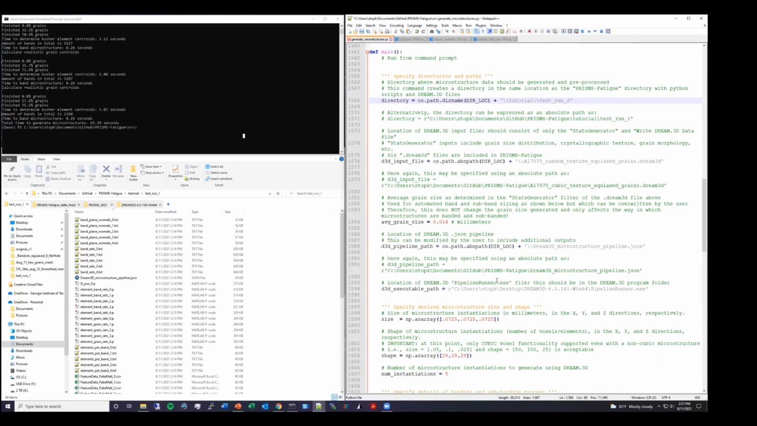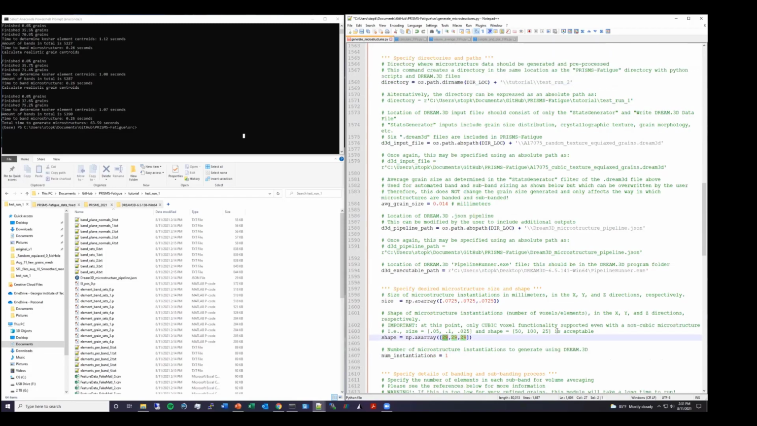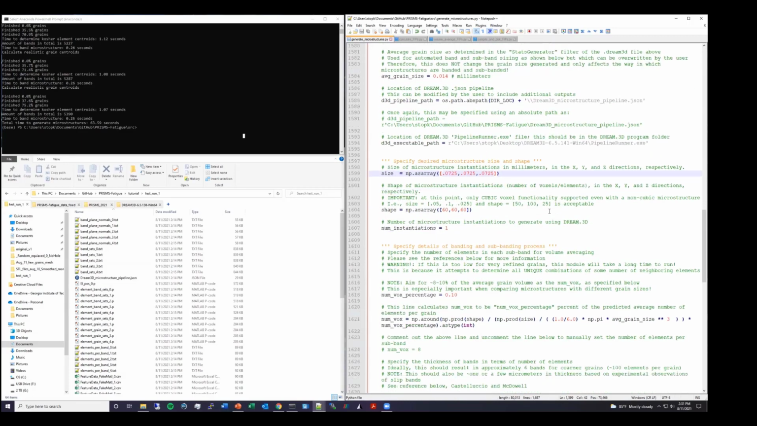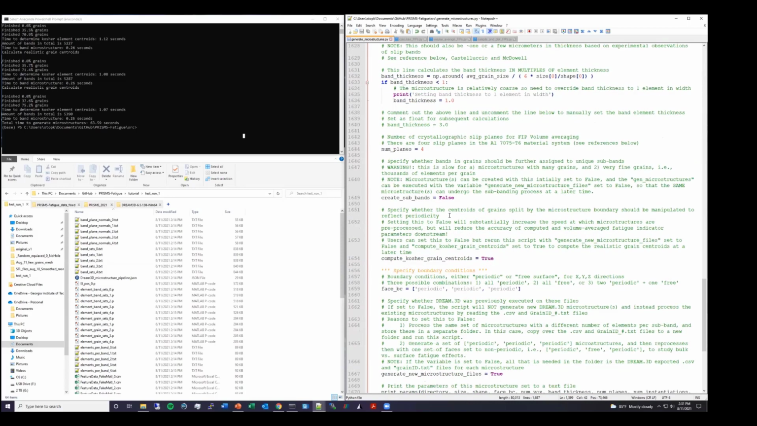And all I'm going to do is change this to make just one microstructure, one instantiation, and we're going to make it 60 by 60 by 60. So we just want to refine this microstructure so there are a lot of elements for the sake of demonstration. And I'm just going to check everything else,